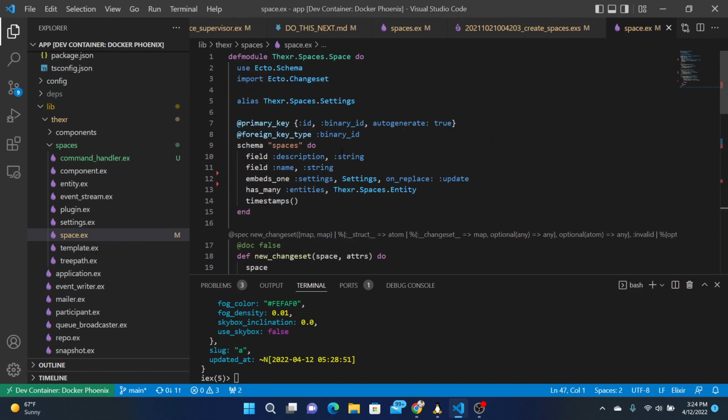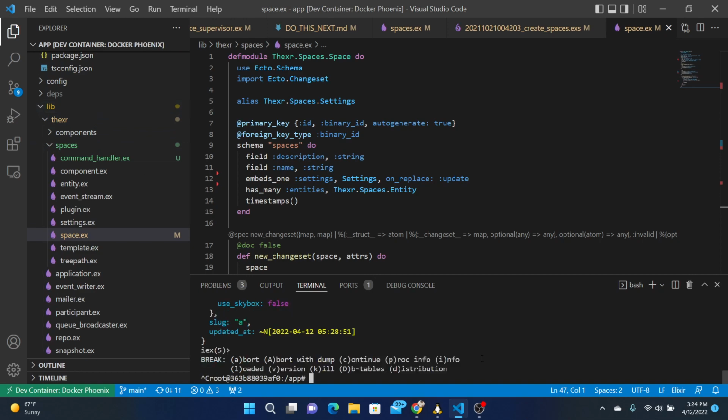Alright, so no longer persist a slug when we create it. That means that our UI dependency on slug will need to change. So space live, where we create that.